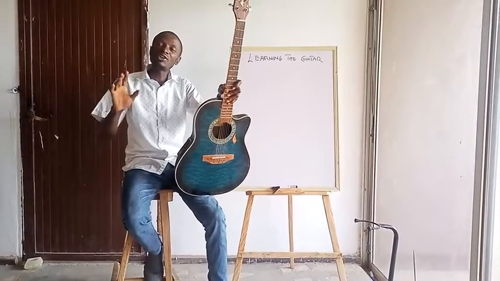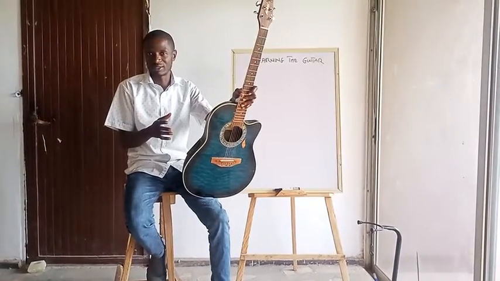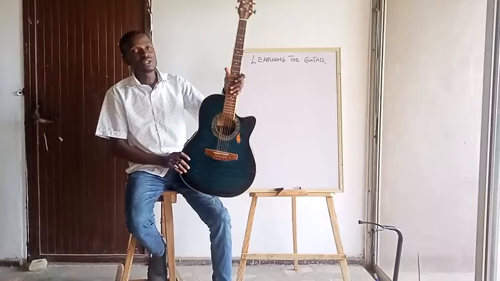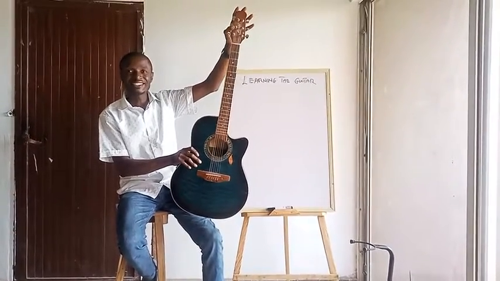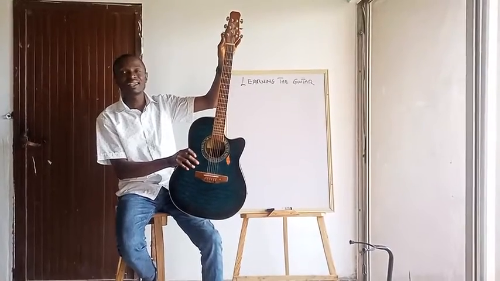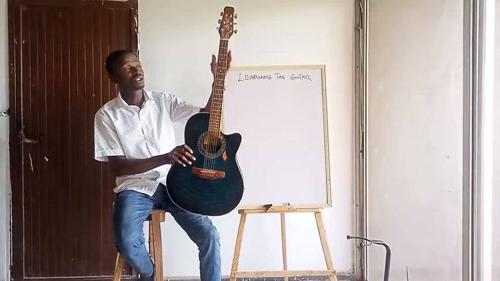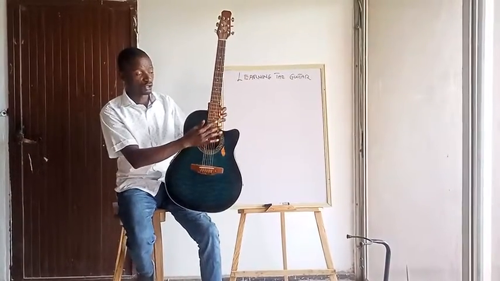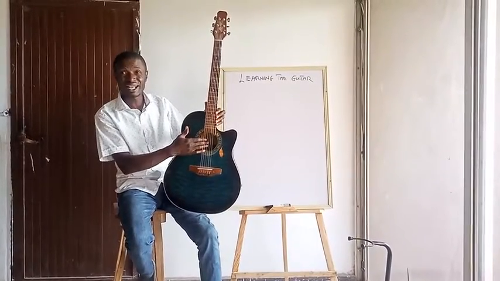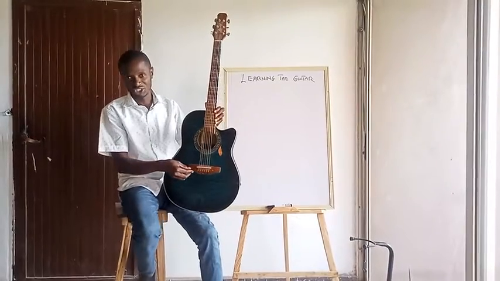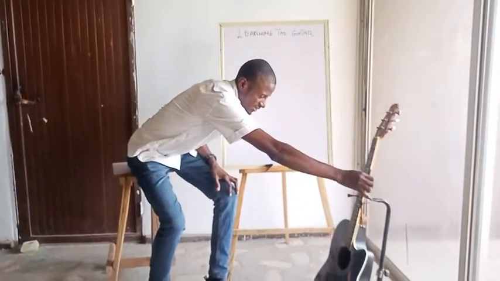Now, the electric guitar is further broken down into two. You have the bass, and then you have the lead aspect of the electric guitar. When you look at the parts of the guitar, from the beginning, you have the head, you have the tuning peg, you have the neck, you have the body, or you can call it also your fretboard, you have your strings, you have the main body here, you have the sounding hole, you have the bridge, and you could also have what is referred to as the belt.